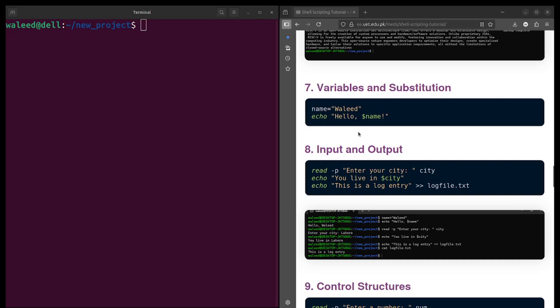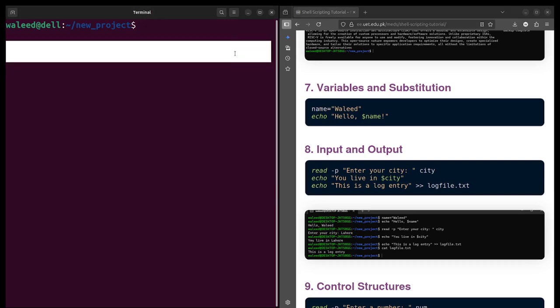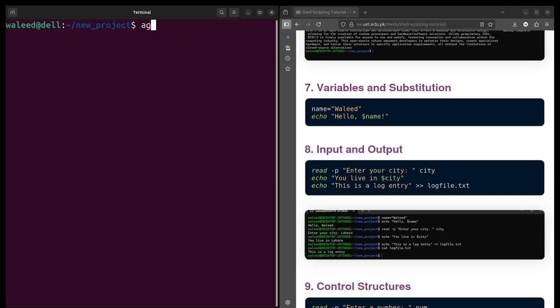For example, I want to store my age, then I will use a variable. Let's say age equals, so I want to store my age in the variable named age.